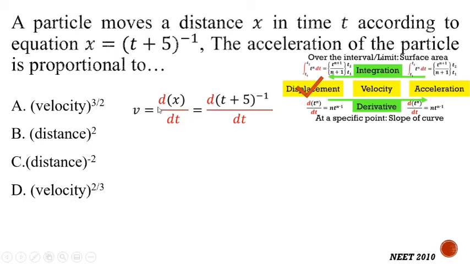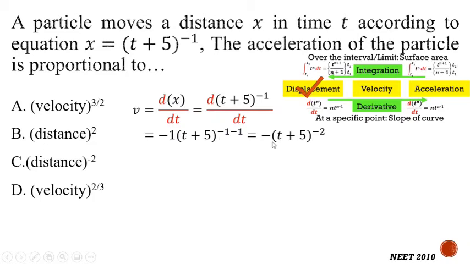So first derivative is this. In this, we will again multiply power and reduce power. So multiplying power is minus 1 into bracket (t plus 5), and again reduce the power for this. Again we need to take the derivative for bracketed terms, because there is t, the bracketed terms derivative will be 1.